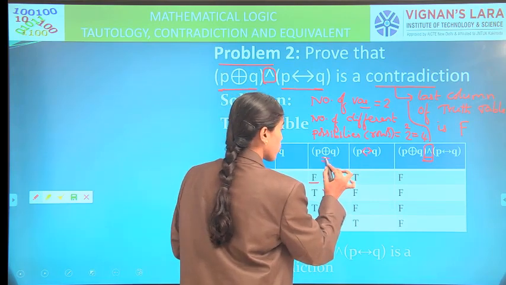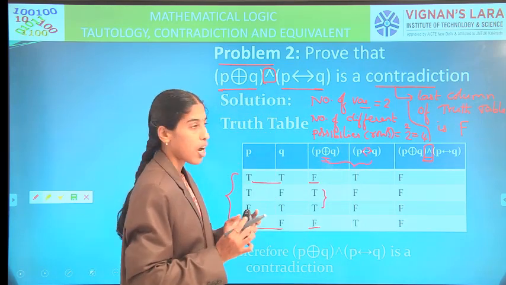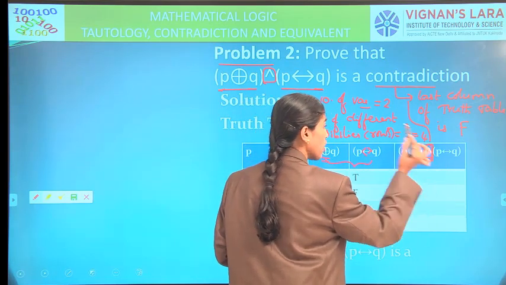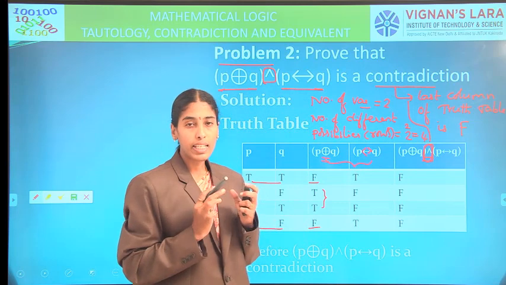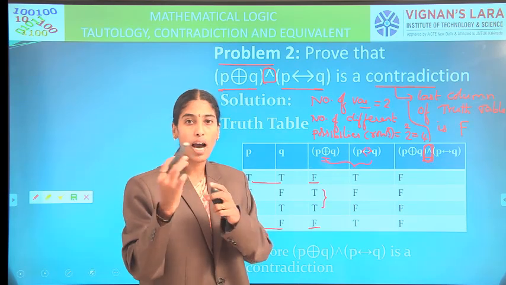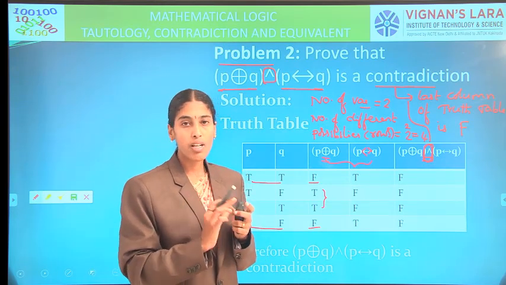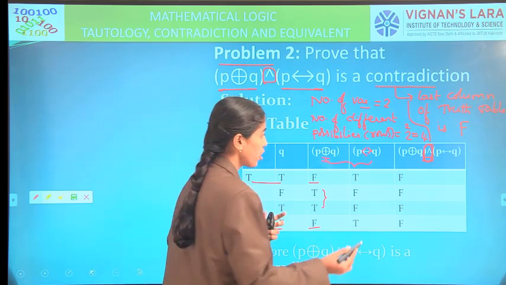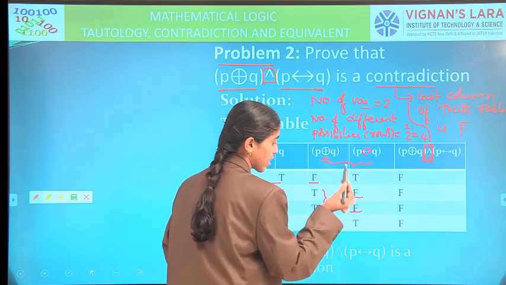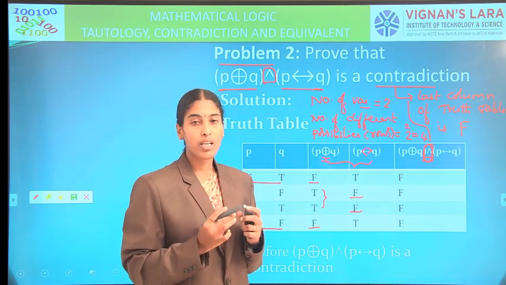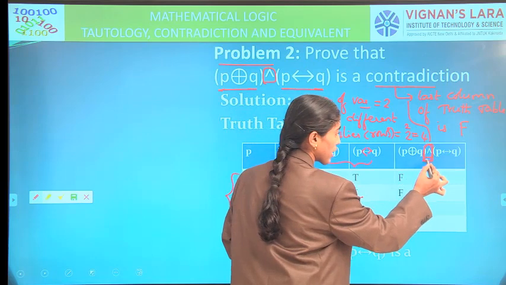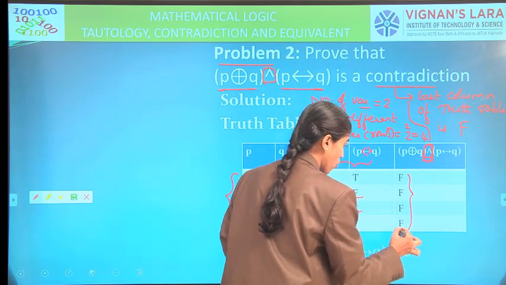Now, these two parts are joined by using the conjunction symbol AND. In the conjunction table, only in one case it is true. That is, if both are true, the answer is true. If any one is false or both are false, it is false. So here one is F, in the second case again F, in the third case again F, in the fourth case also. That means overall in all the possibilities it is false. Therefore, when we apply the conjunction, in all cases it is false.